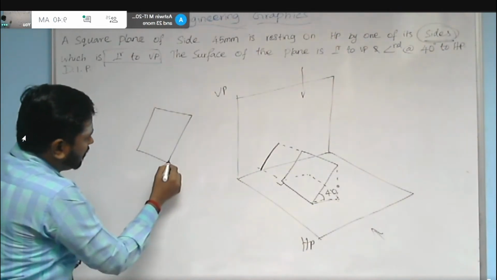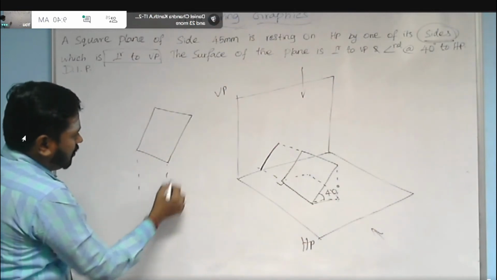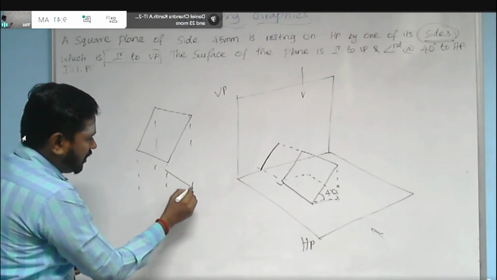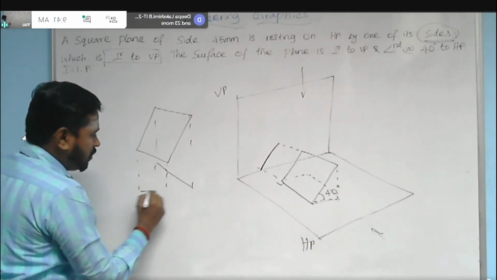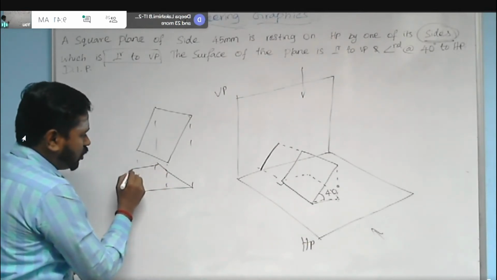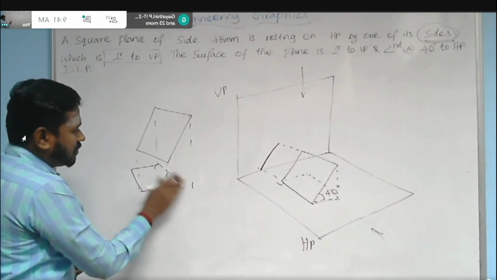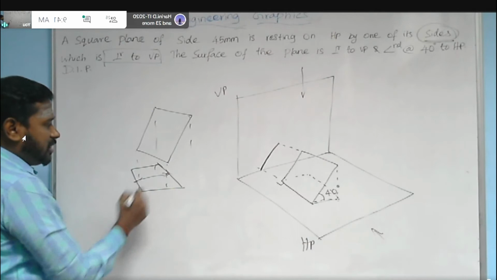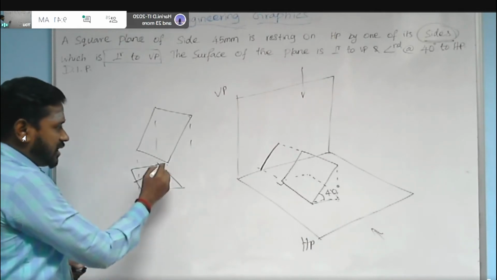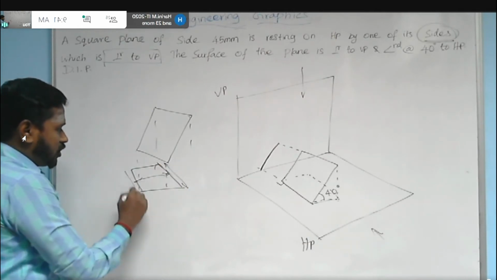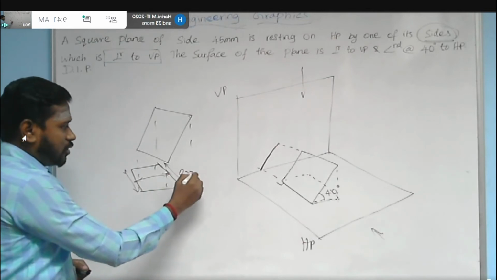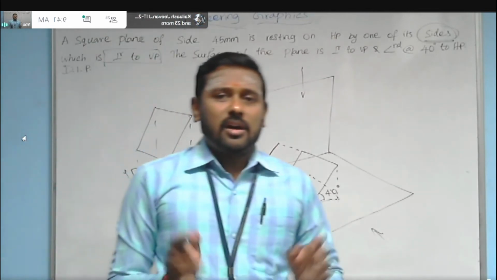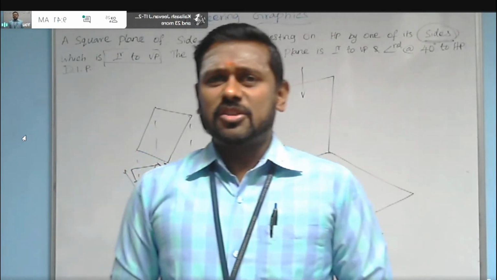If it is in this inclined manner, if you try to obtain its shape, definitely the surface will be seen with reduced length. This length will be reduced, and those two sides will be at original length. These two are original and this will be reduced. In this way you will get an irregular square. Maybe it's purely a rectangle.